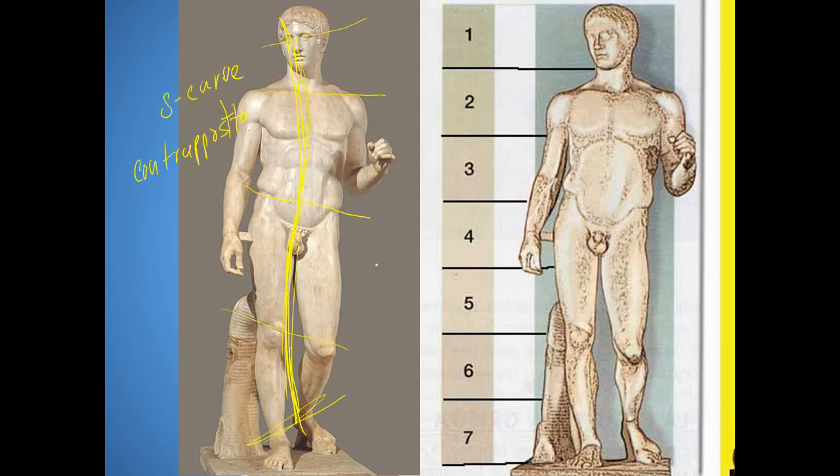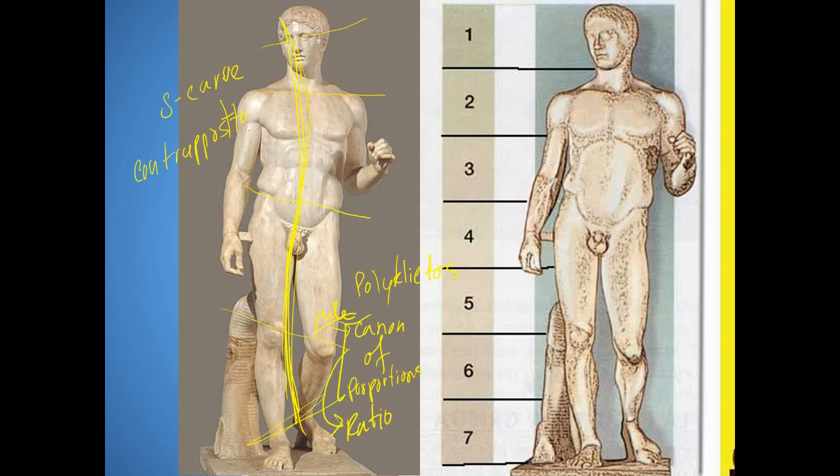In fact, the sculptor who sculpted this, his name was Polykleitos, developed something he called the canon of proportions. And a canon, for all intents and purposes, is a set of rules. So the way to understand the canon of proportions is to say it's the rule of proportions, right? Meaning that there's a set of rules, and that set of rules was actually mathematical, and it was based on a ratio. So the canon of proportions was based on a ratio.